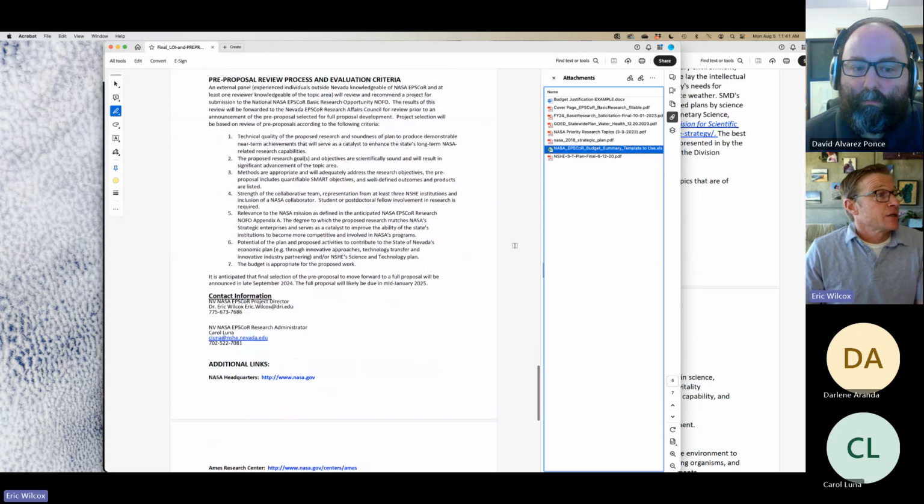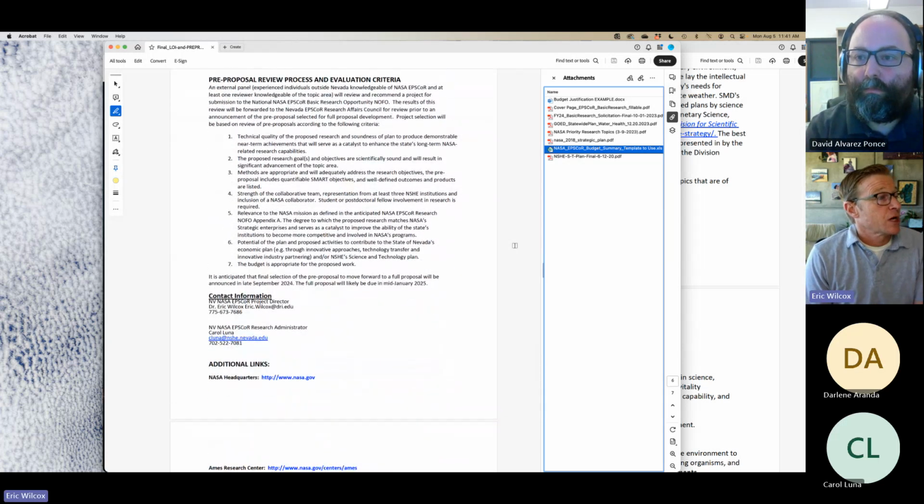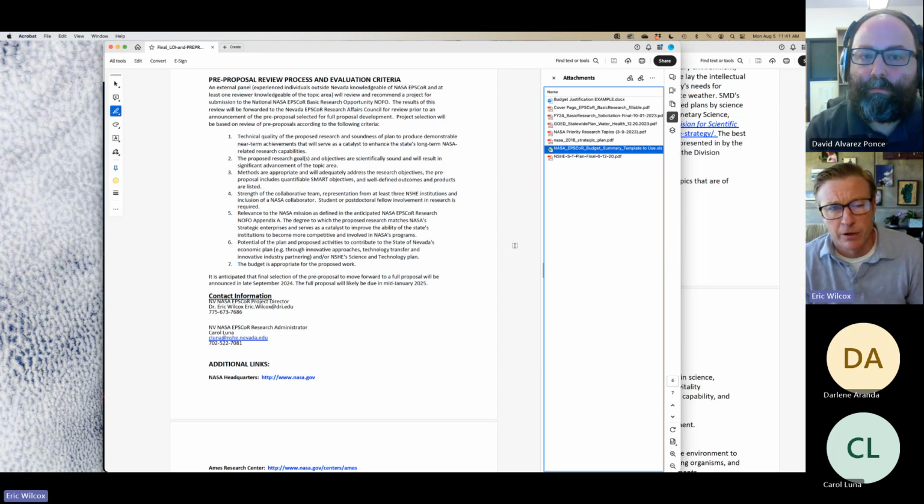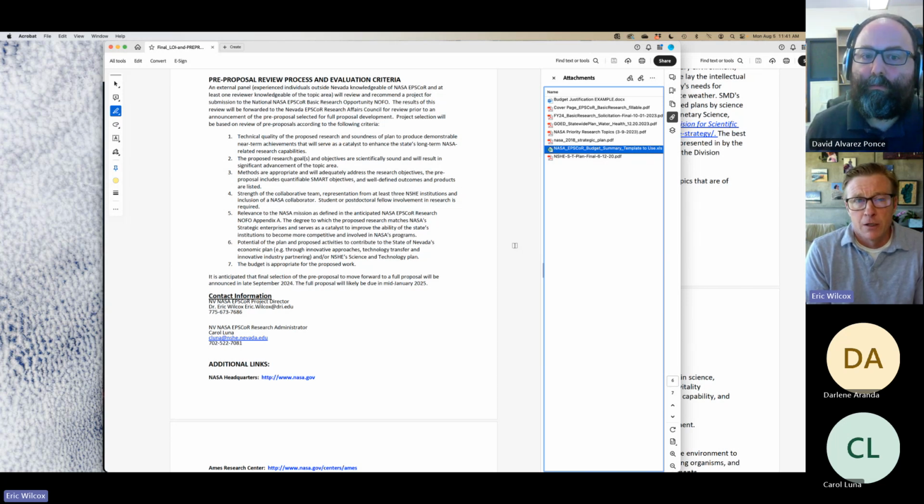Here's just some further details on the pre-proposal process and evaluation, which I mentioned earlier. I won't reiterate this, but I will be getting the pre-proposals externally reviewed, both from technical experts in the field and from comparative review. And that raises a recommendation: be sure that your pre-proposal is understandable to a broad cross-section of your research colleagues. So the comparative review that I will get will come from one or two